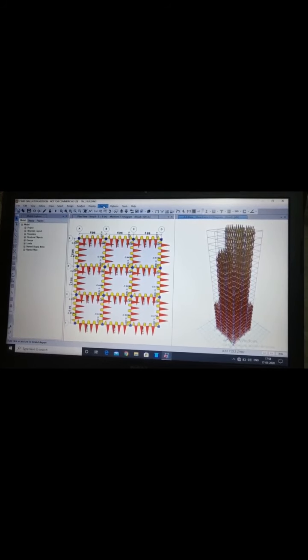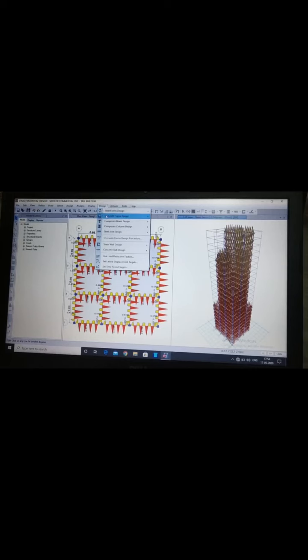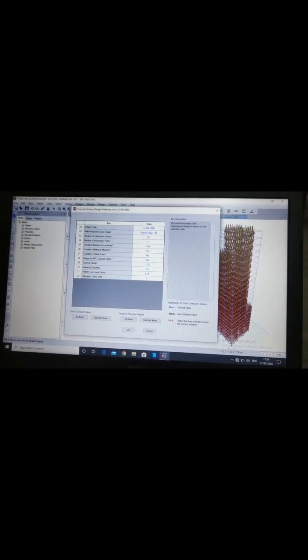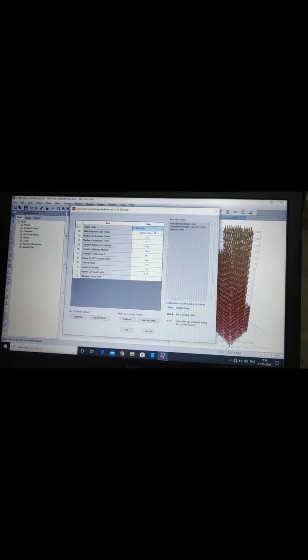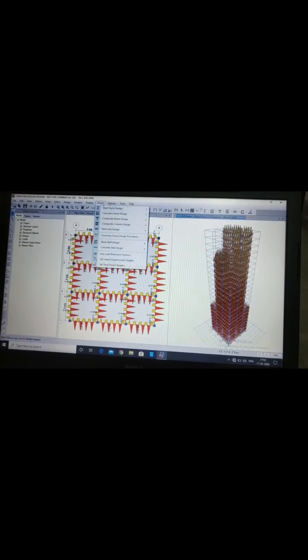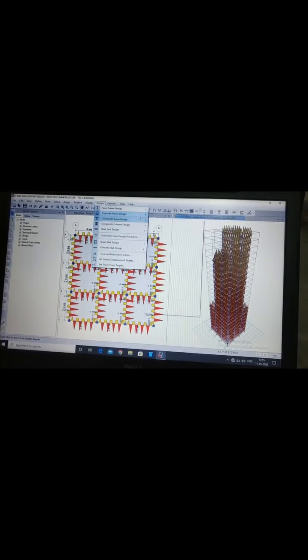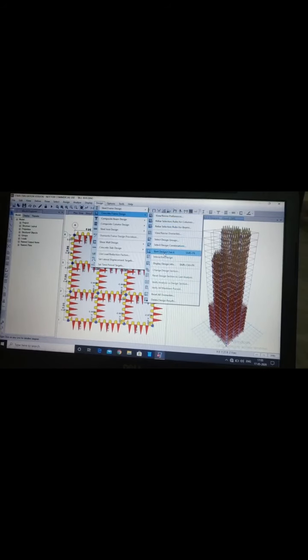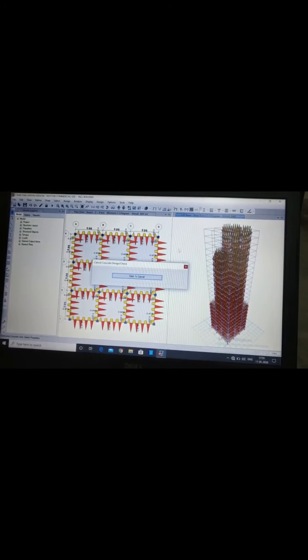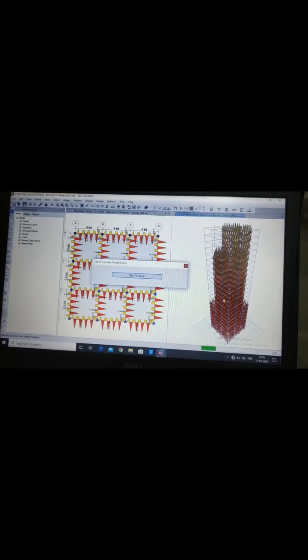So you can select the design menu, and in that you have to provide the references for the design. For the design we have to use the IS 456 2000 code, and click on OK. Now to start the design we have to follow the same process again, and here we have to click on start design check. Wait for a few seconds. Hardly it takes 4 to 5 seconds.